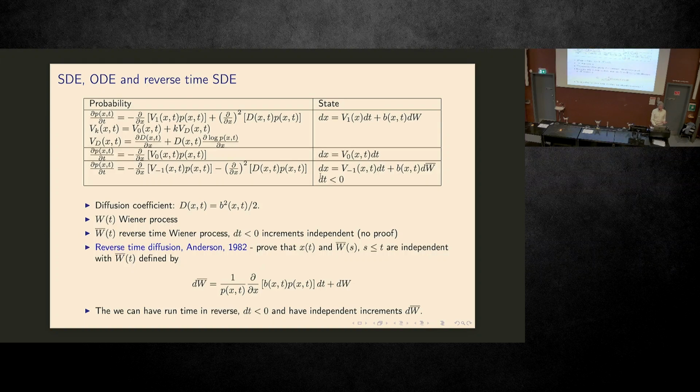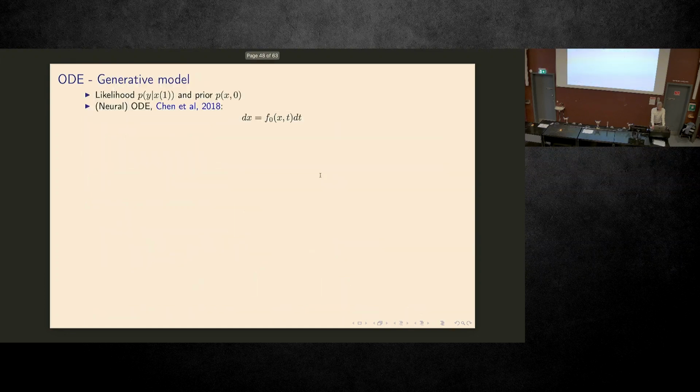But you can see that they are all the same model, right? So that means that we can take the same model and treat it as an SDE, or we can redefine the drift term and treat it as an ODE, or we can redefine the diffusion coefficient again with a minus sign, and then it's actually an SDE running in the opposite direction in time. So that's really nice, and this is something that you will also see being used a lot in the diffusion literature. Yes. So that was the hardest part of this presentation.